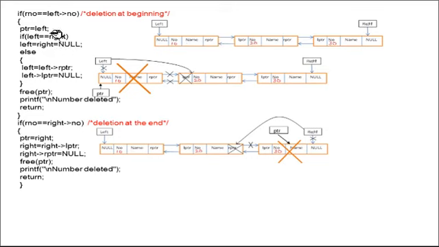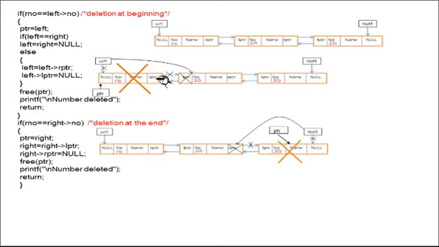If this condition is false, then that means else, then we have to create this pointer. So like this, left equals left of RPTR.